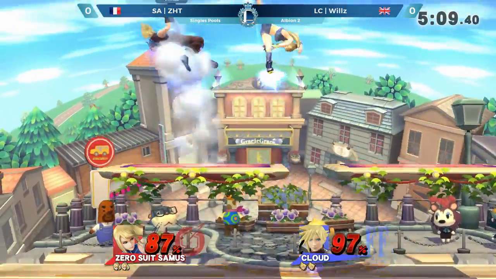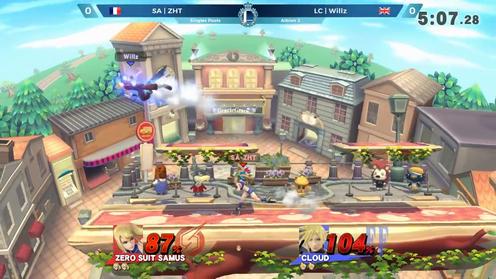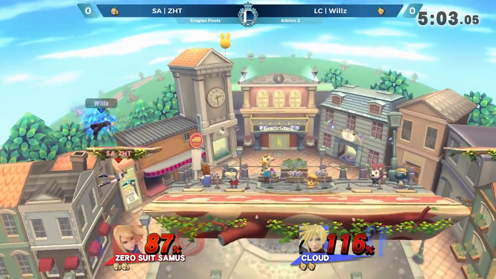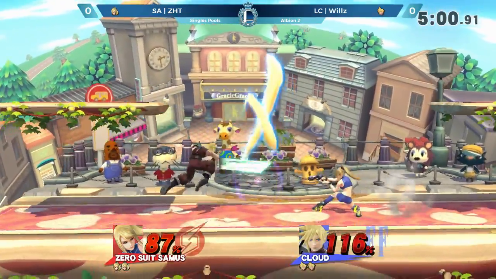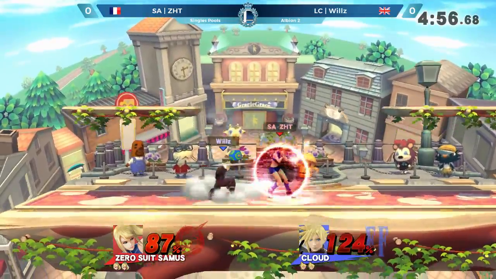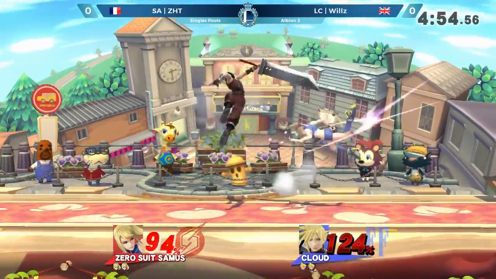But Willz opting to recover differently. Ooh, no luck for ZHT. Excellent catch on the landing. He's forced to burn limit, I believe. No, the platform there to help him out. Burns his limit. He wants to take the stock and take the lead, but ZHT is consistently avoiding these hard